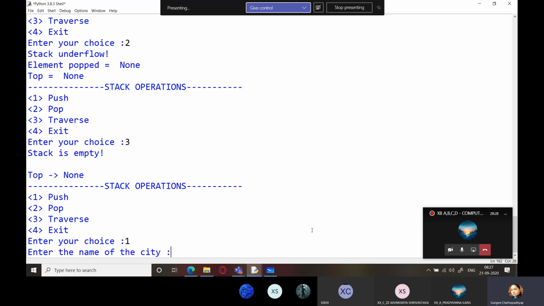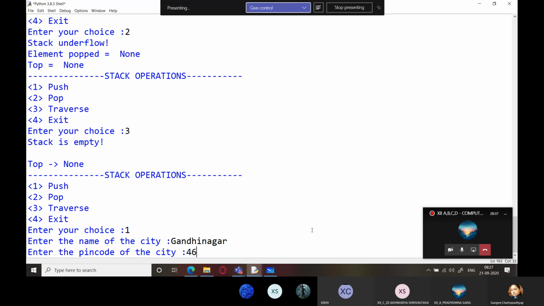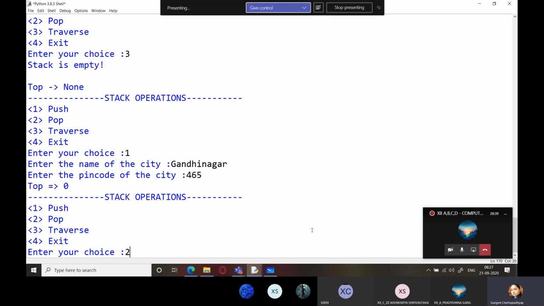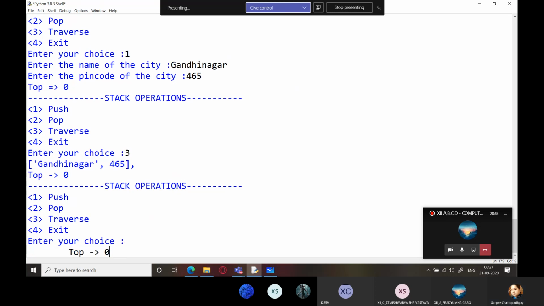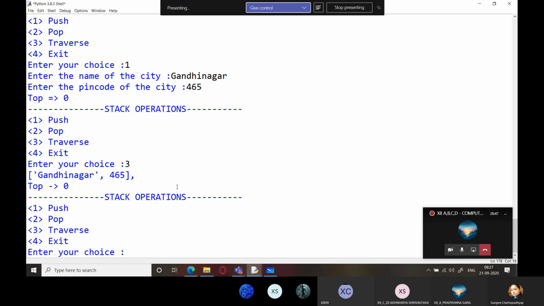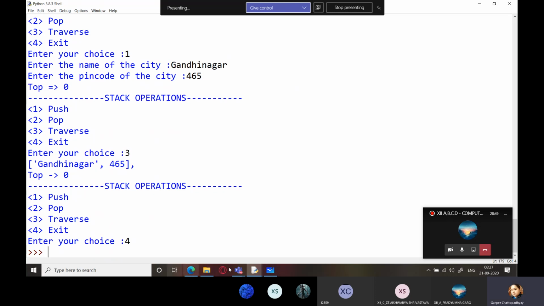Again, if you push an element, if I check, yes, it is there, and again it starts from top equals 0. Is it clear to everyone, students?